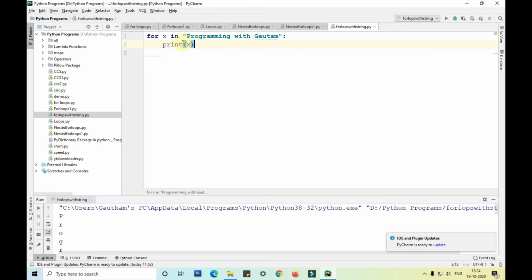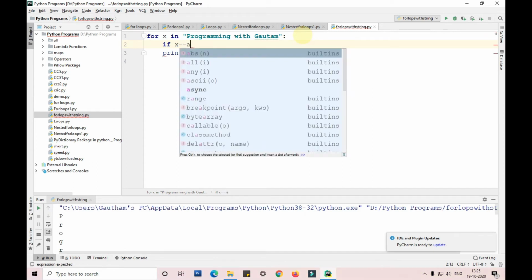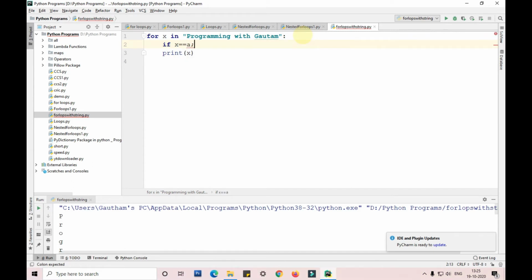Okay. So we'll apply another if condition on this particular string. If x equals 'a', count plus equals 1.